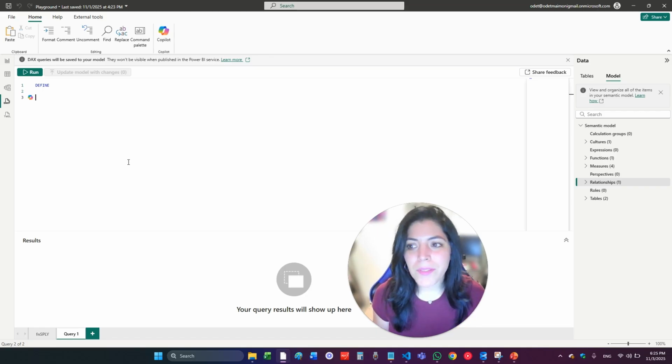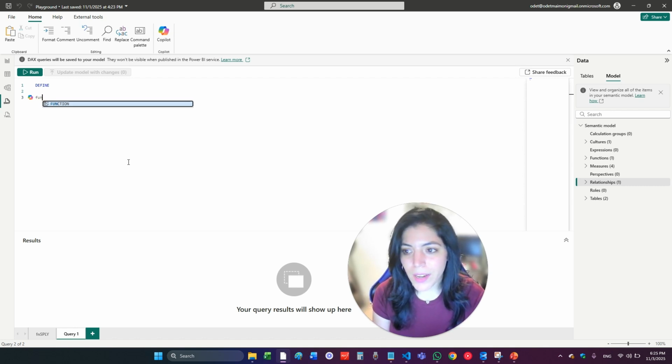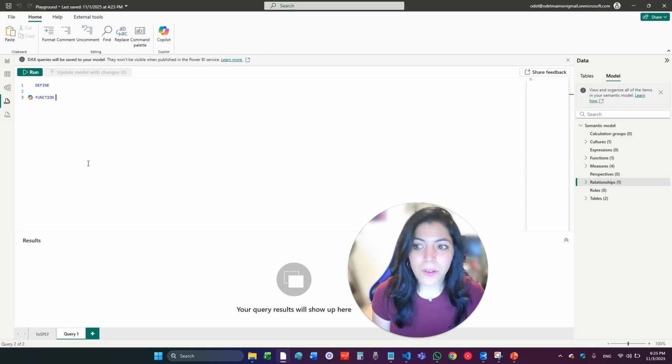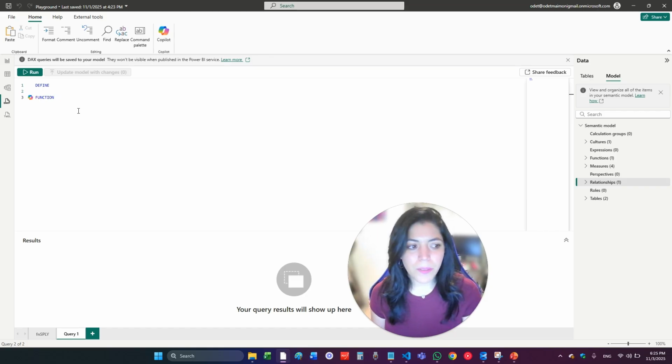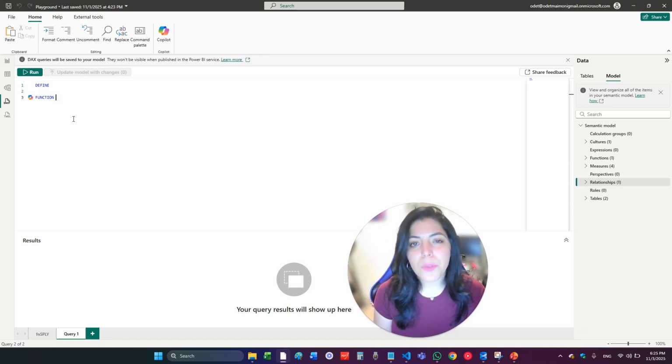So we have the DEFINE, which means we are going to define something. And then we define functions. So let's write FUNCTION. You see, it also suggested that I write FUNCTION. So we know we're good. After we said DEFINE FUNCTION, we need to give a name to the function. The name should explain what this function does. In our case, we want to calculate the previous month's measure, so it probably will be something